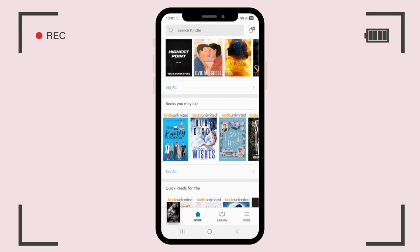Turns out she's married already. She got drunkenly married in Vegas, and he turns up, and they have a second chance romance. The next book that I added to my TBR, I actually added while I was browsing Kindle Unlimited, and this